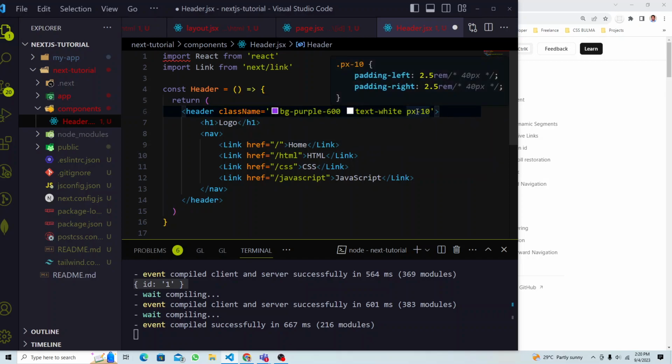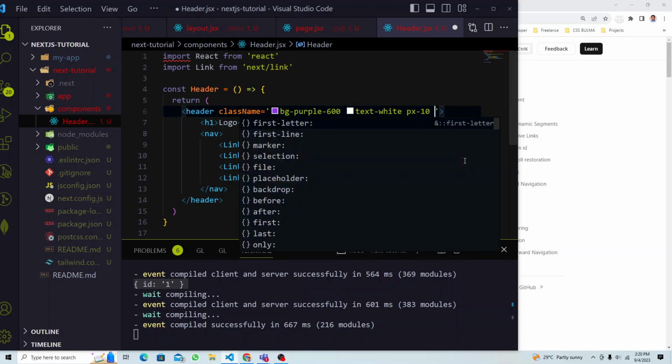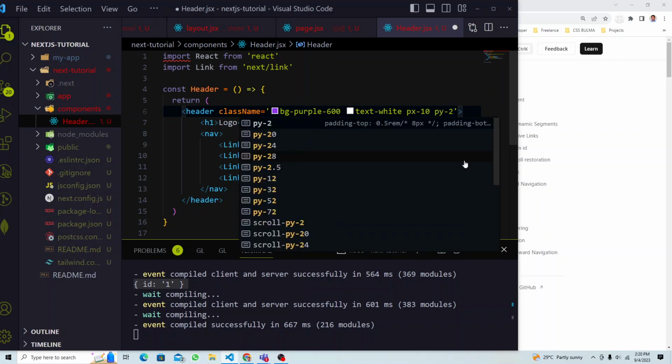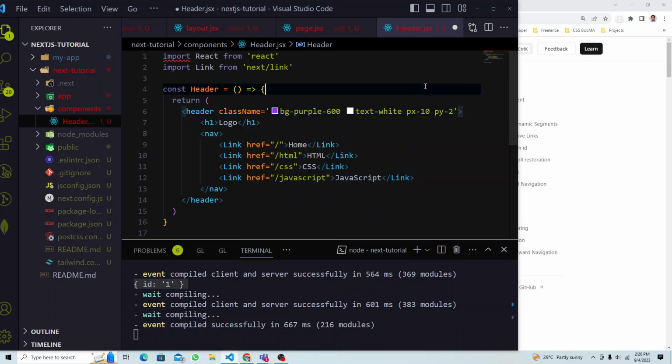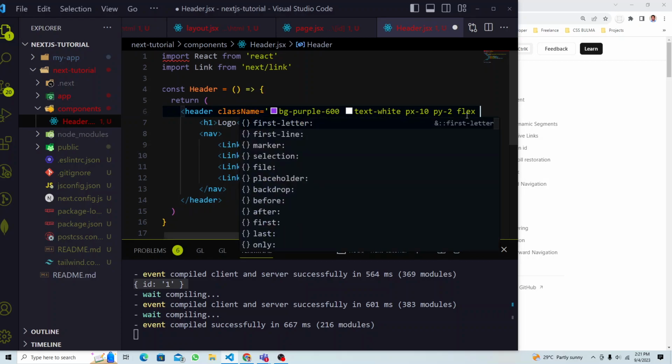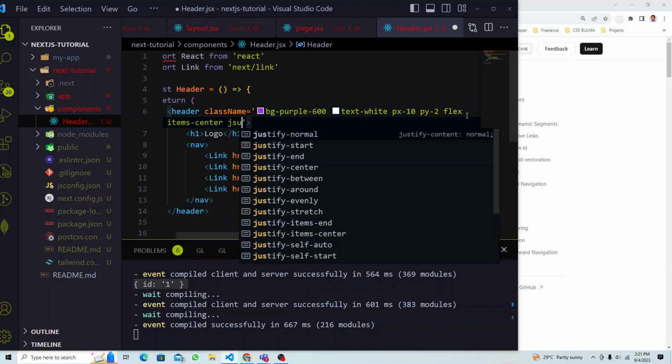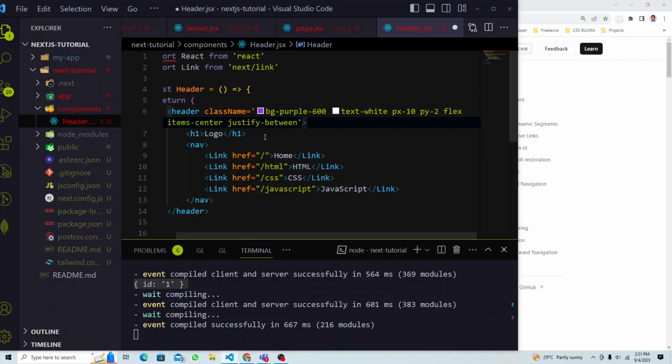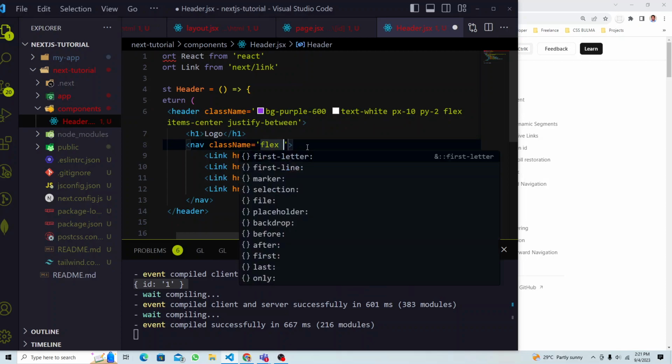Okay, px10, that's fine. Okay, and padding on the y-axis maybe a little bit too. Okay, good enough. Now see, this is the h1. We have two children, h1 and the nav, right? I want to add a flex, items center, and justify between, right? Okay, now in the nav also I'm going to do the same thing, flex. I'm going to give a gap of 4, and items will be center, right? Okay,